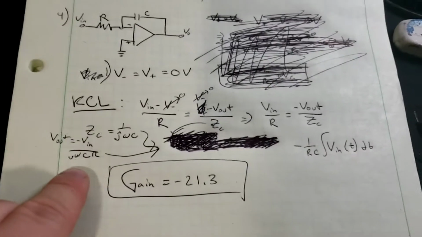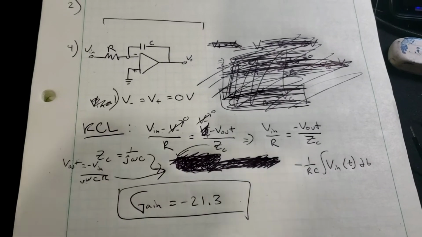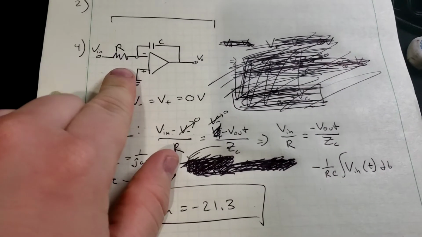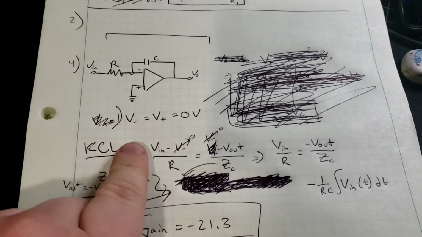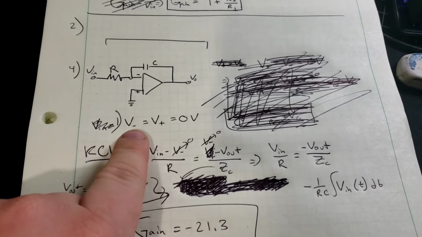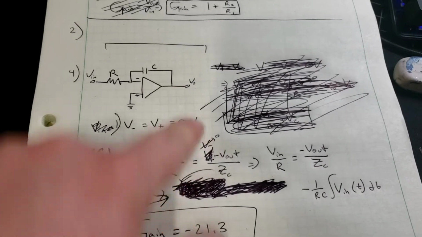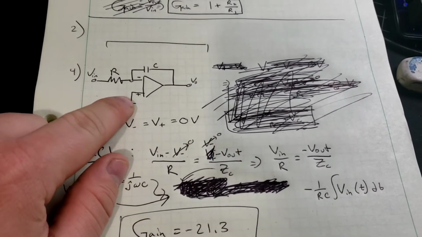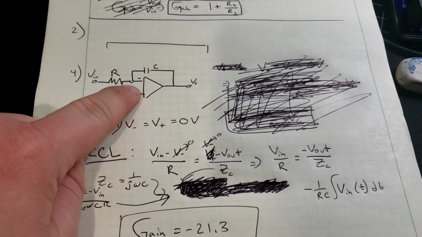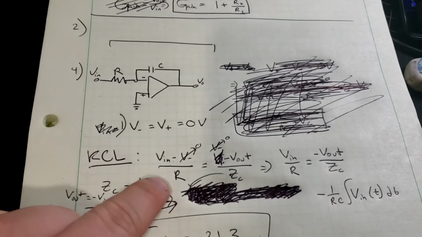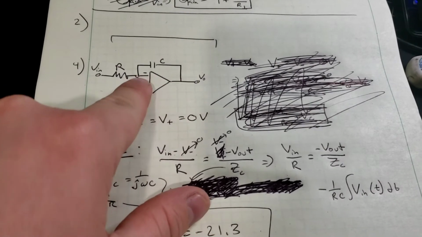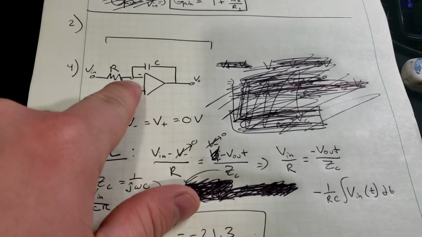For the derivation of exercise 4, we have our circuit drawn, which has our V negative equals V positive equals 0, same as above. That gives us that our V negative terminal is equal to 0, and then through Kirchhoff's current law, we can find at this node,